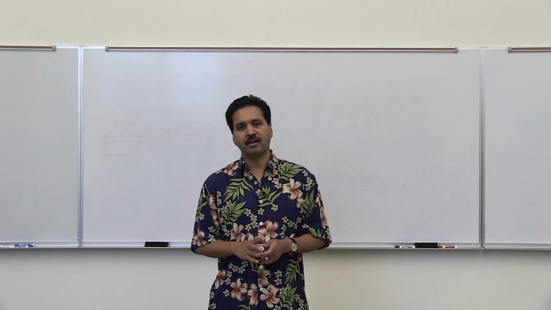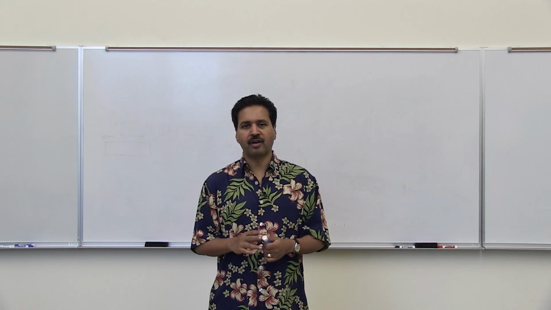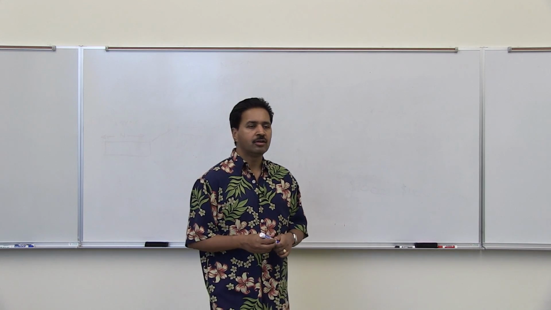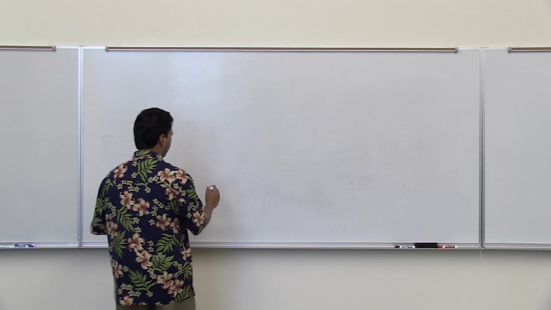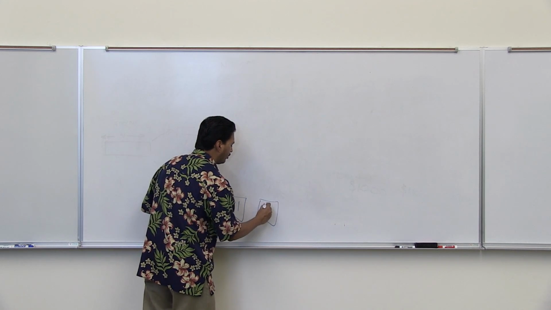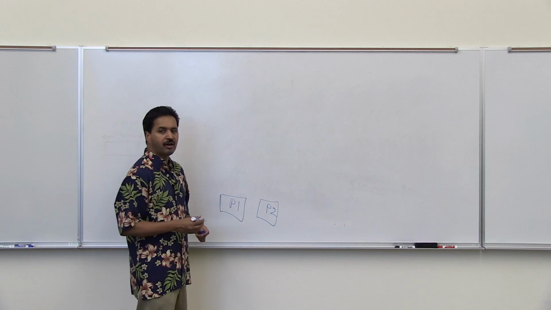Now that we've studied ideal parallelism, let's try and understand what happens in a real machine. In a real machine, you have two processors. For example, if you have a dual core machine, P1 and P2, and if you have a computation graph such